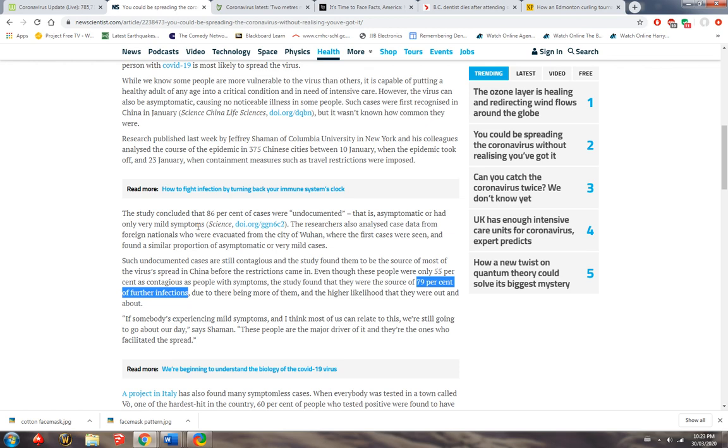Now, I'm not in any way saying that that will be the exact number here in Canada. I am saying this is a very strong argument towards the fact that the bulk of our spread will be from the mild symptoms cases and the asymptomatic cases. And this is a perfectly logical argument, given that the heavy, severe cases are going to be quarantined in hospital because they're attached to a machine. So we need to start thinking that the dangerous people are the people that are in no danger from the virus.